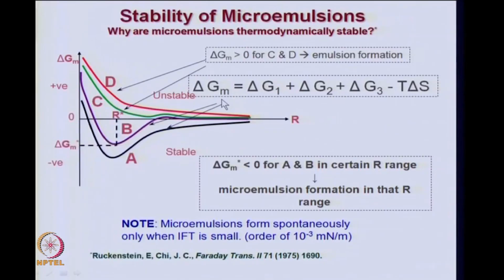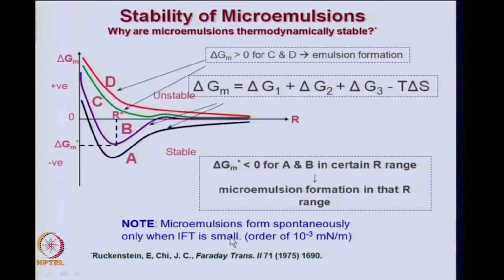Whereas for stable microemulsions, you will have a minimum in the delta G of the formation of microemulsion, and the distance at which the minimum free energy occurs will give you the size of the microemulsions. So, delta G m star is less than 0 for the formation of the microemulsion in a particular range